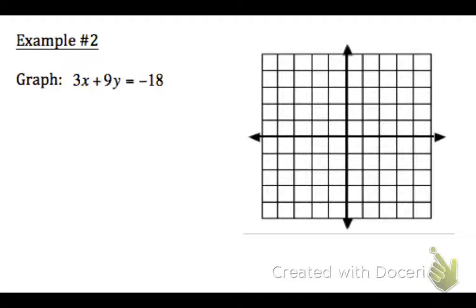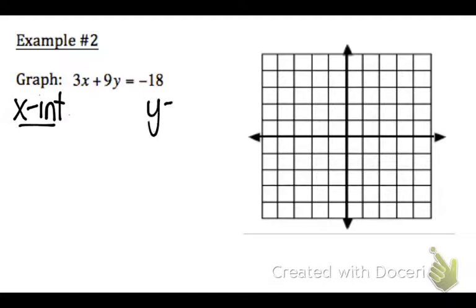Okay, for our second example, we have 3x plus 9y equals negative 18. This is actually going to be the last example we do together. I will ask you to try and do a third example on your own in a moment. So, here we go. Example number 2. We're going to graph this by using the x-intercept